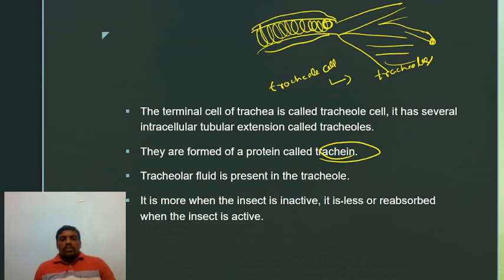Now, apart from this, it is more when the insect is active. Here, the tracheolar cell generally contains a fluid called tracheolar fluid. What is that? Tracheolar fluid. This tracheolar fluid is very high when the insect is inactive. When the insect is inactive. If the insect is active,